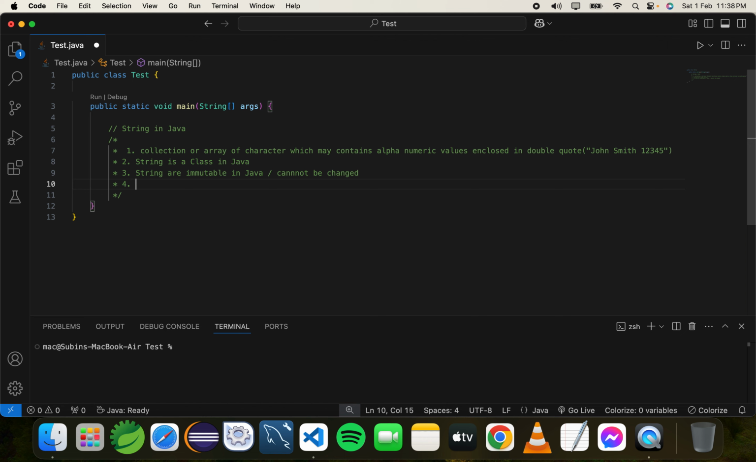So number four, string contains methods that can perform certain operations on string. There are methods which can manipulate string. So let me say it contains methods that can perform certain operations on string. For example,